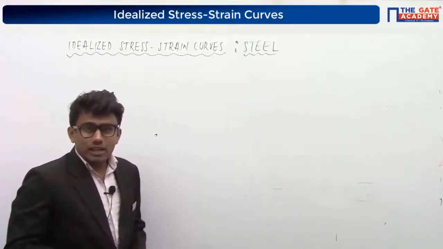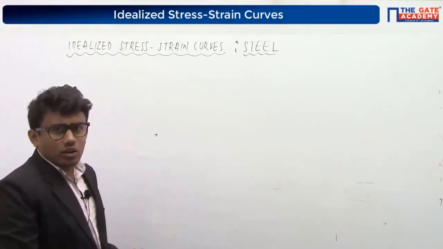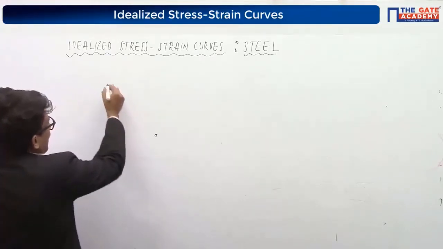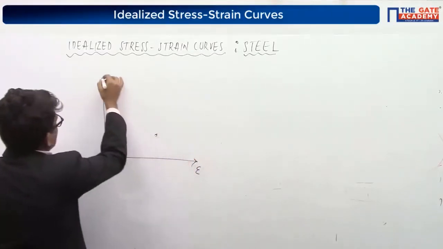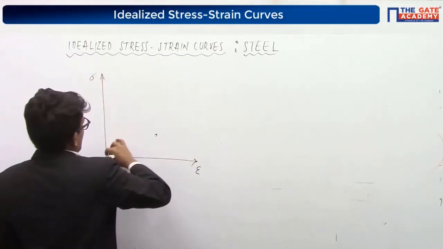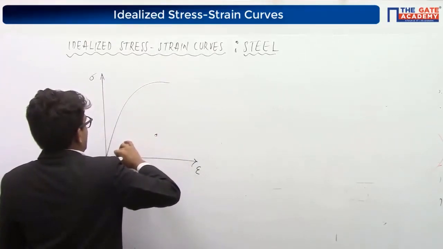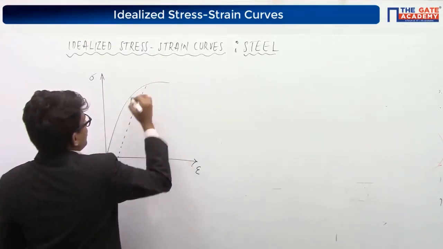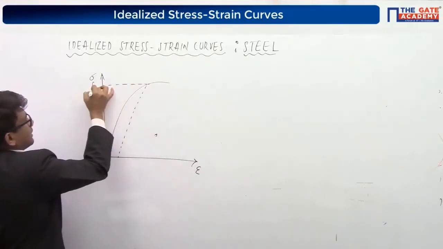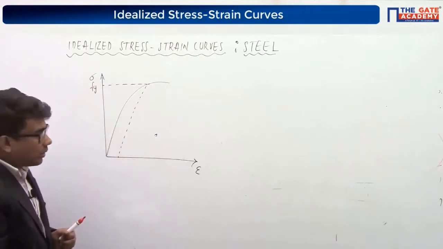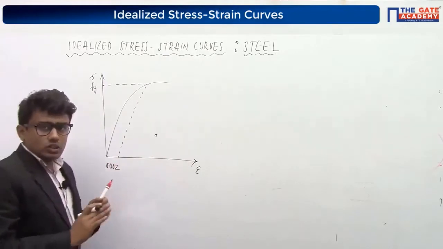Now we are going to discuss the idealized stress strain curve for our steel. I am going to consider our HYSD steel bar here. The stress strain curve for the HYSD steel bar was like this. This is the strain and this is the stress. For finding the yield strength, I considered the strain value 0.002 and drew a straight line here, and the stress value corresponding to that is considered as our Fy, that is the yield strength of the steel bar. Here it is 0.002. This is the stress value. This is the stress strain curve I considered.